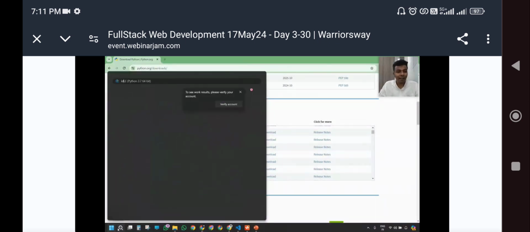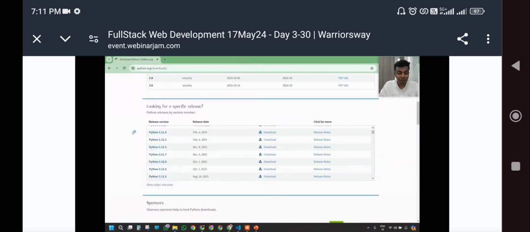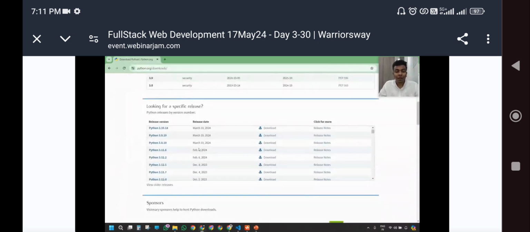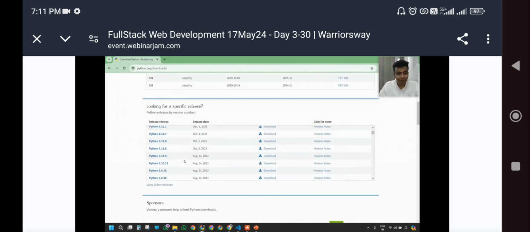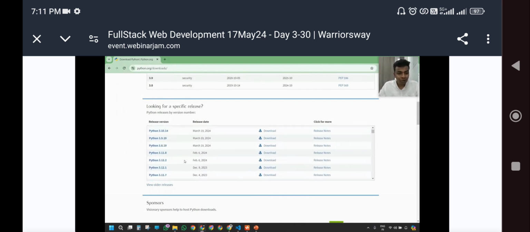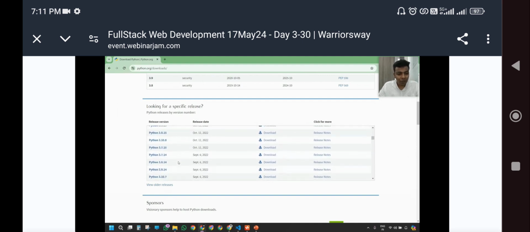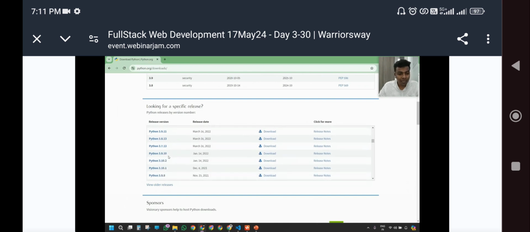Even if you ask me, I typed IDLE in my search, and you can see I have a lot of Python versions on my laptop. Even I have 3.9.2 and others. From that list, you can choose anything. You can choose 3.7.8, or you can choose 3.9.2, etc. Or, to show you a simple demo, I can show some basic installation for you. I used to have 3.9.2, so I can install 3.9.10 for you, just for the demo, guys. You can install 3.9.2, of course, or you can install 3.7.8.